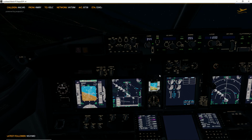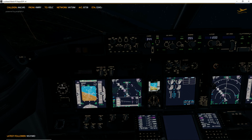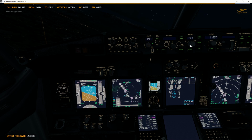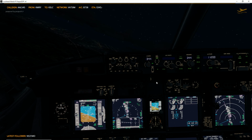So if I go back into VNAV, it'll keep us right on target. So it's kind of strange why it disregards the hard altitude. Anyways,